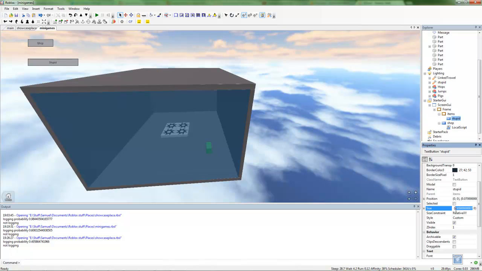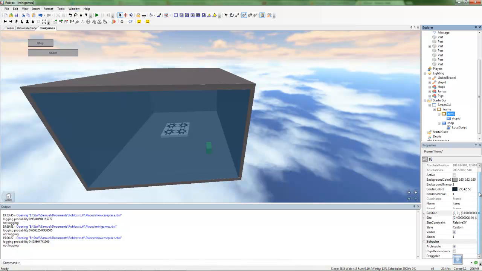Size is going to be 0.05, looks about right to me. We're going to leave it like that. Position is going to be 0. Oh god, I hate this GUI editing. And now we're going to, well actually we're just going to leave it. We're going to make this frame